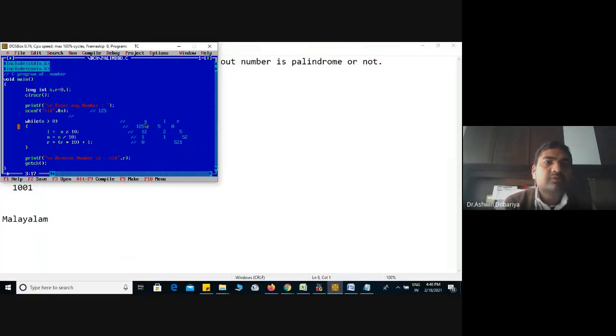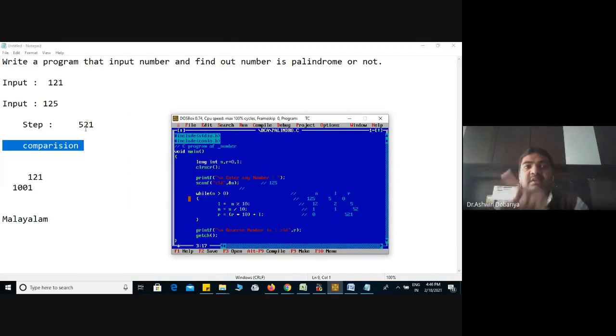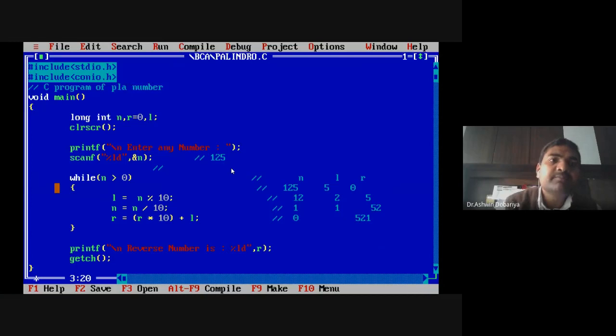So see, in the palindrome program, first we have to convert to reverse. So the entire reverse program logic is included over here, 100%. The only difference is that once you convert the reverse number, then we have to make one condition in this program to compare the original number and reverse number. If both are the same, then we give the message that it is a palindrome. So, C program of palindrome number checking. So I hope up to this, the logic gives us a reverse number.